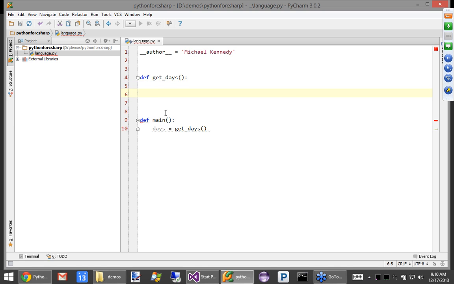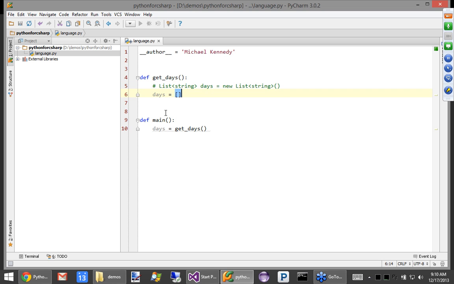So we're going to create the days locally, and it's going to be a list. Now Python doesn't have arrays. Their array-looking structure is actually like a list of object, more or less. So what would this look like in .NET? This would be a list of string: List<string> days equals new List<string>. Like that. So those two lines are equivalent.